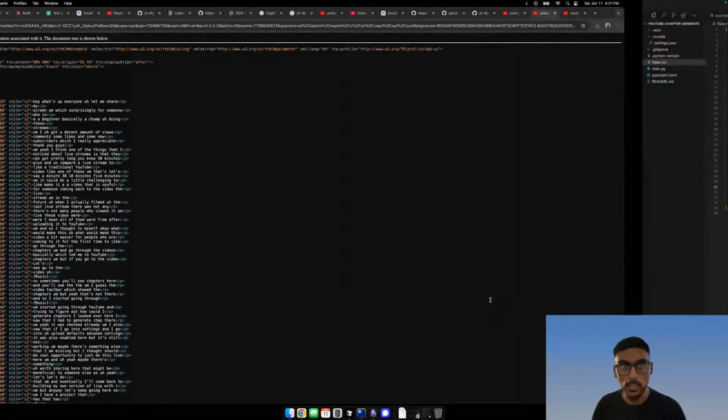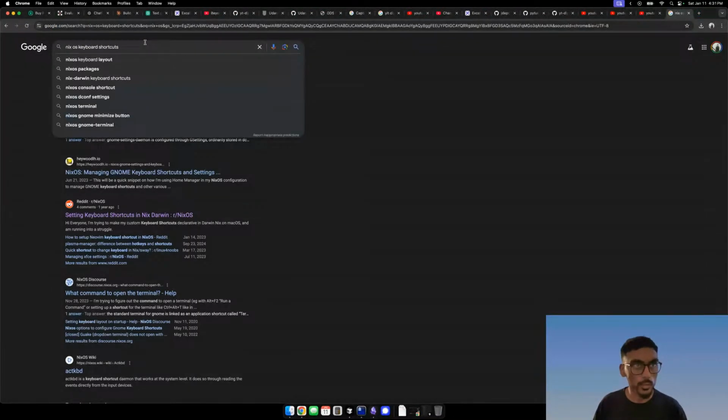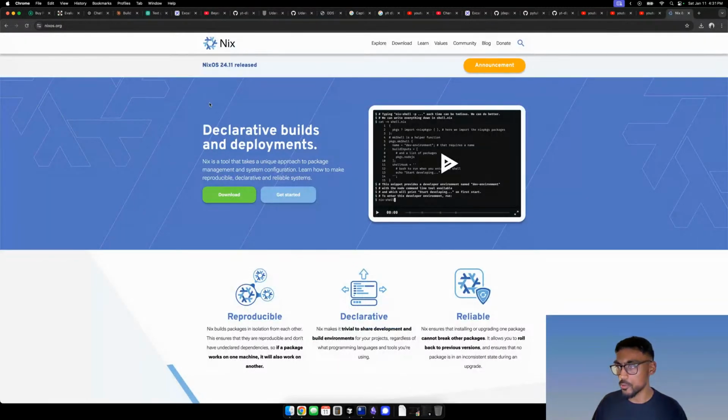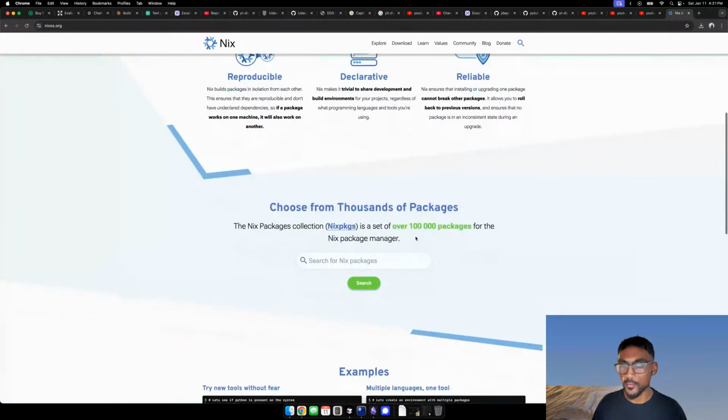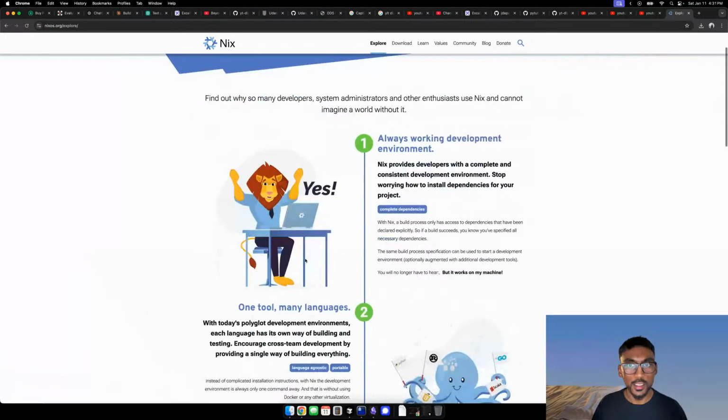Highly recommend, if you haven't seen Nix before, NixOS keyboard shortcuts, I would take a look. I'm still really new to it, and a friend of mine, who I feel like I mentioned in the previous video, introduced me to Nix.